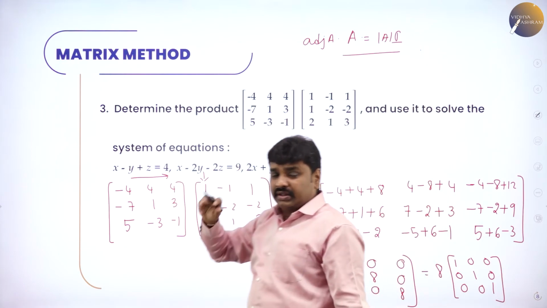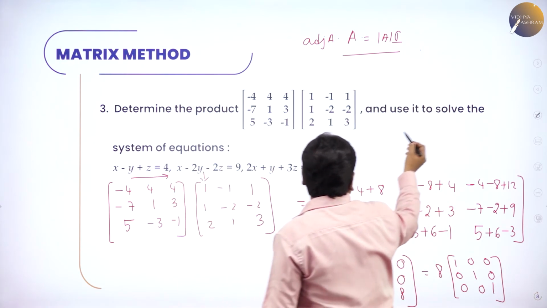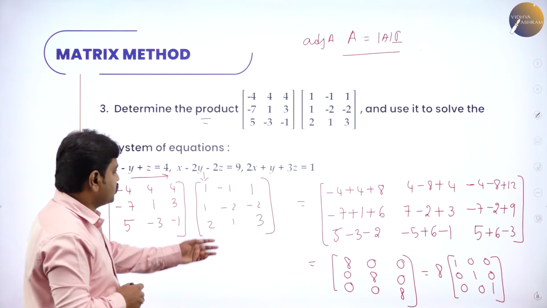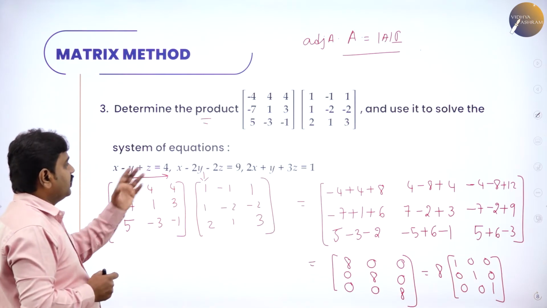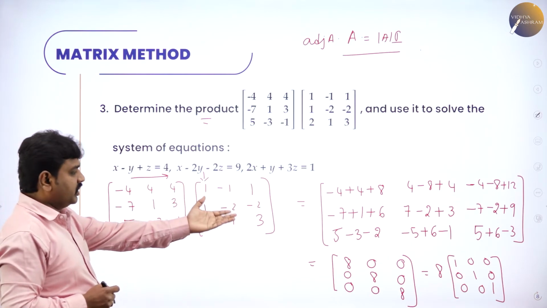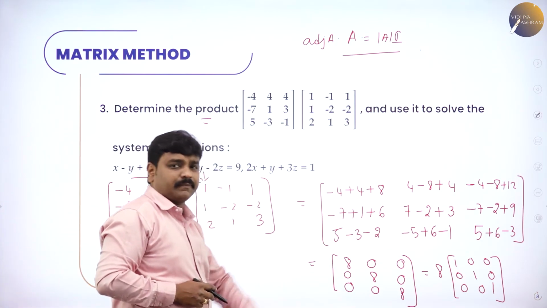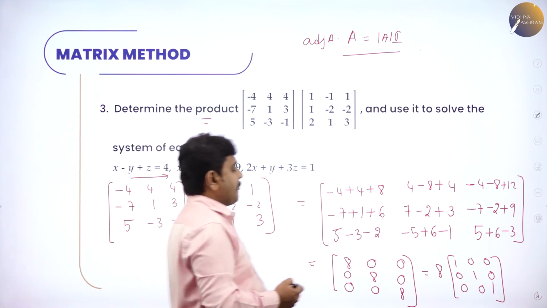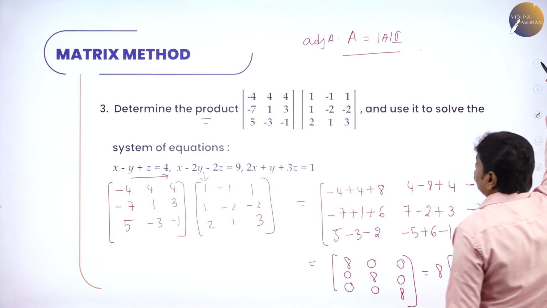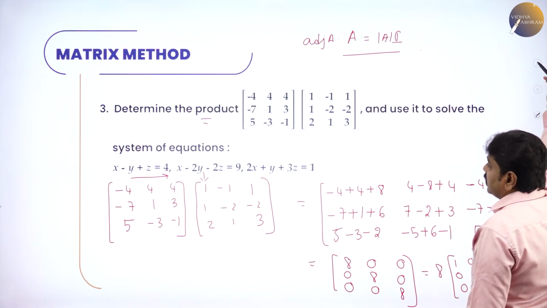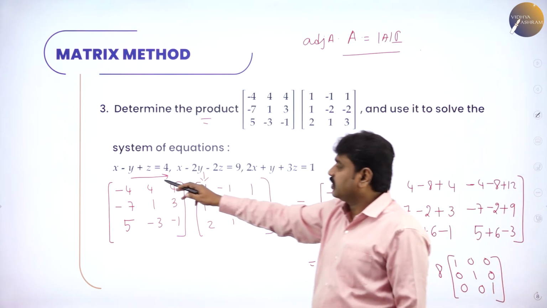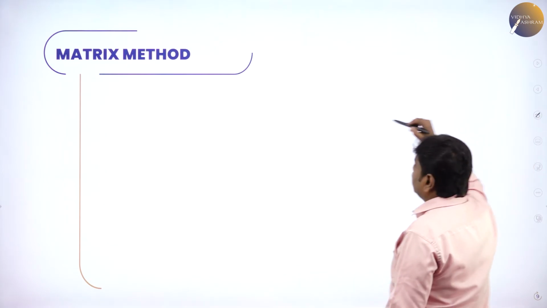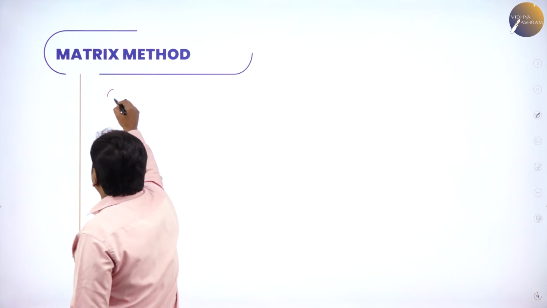Now they asked you to find the product, and we have done the product. So we use the product we got: 8, 0, 0; 0, 8, 0; 0, 0, 8. They wanted us to find the product, we got the product, and then we'll go ahead with the conclusion. Now I'll take the coefficient matrix for the given equations. What are the equations? x minus y, z...